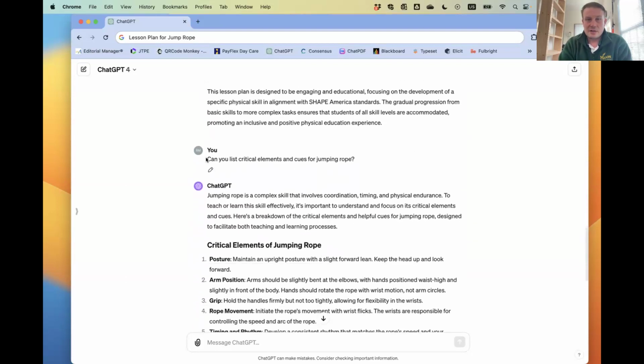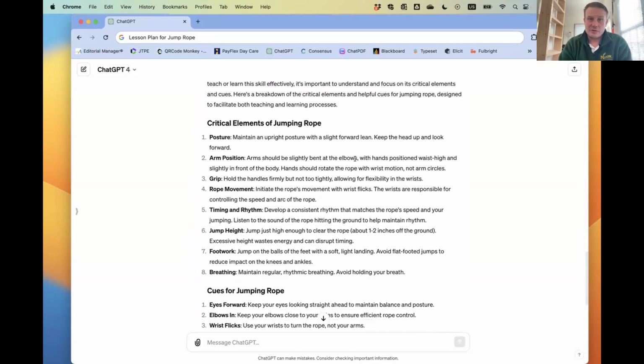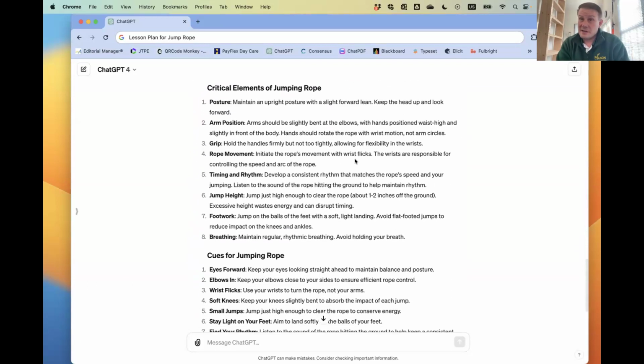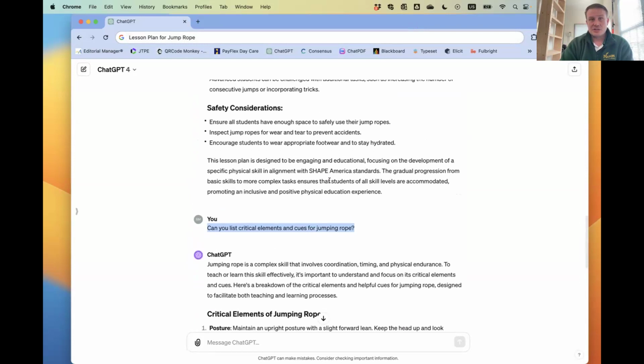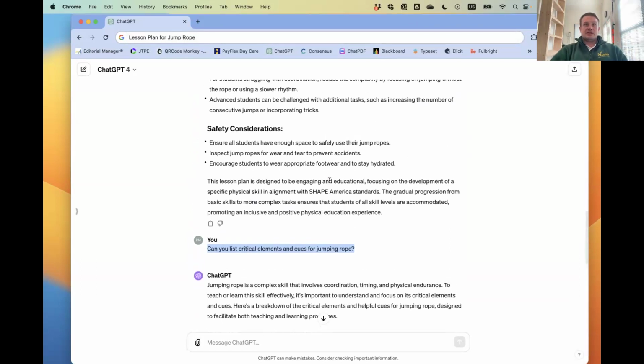And then I said, well, in my class, I need the critical elements and cues. So it gives me critical elements and cues, maybe not the number that you want students to have, but it gives you pretty good cues throughout. So it has the ability to, if you think about starting with nothing, right? It gives you something. And again, if you were to put this into a format, I don't know, you'd probably get a B at least, right?